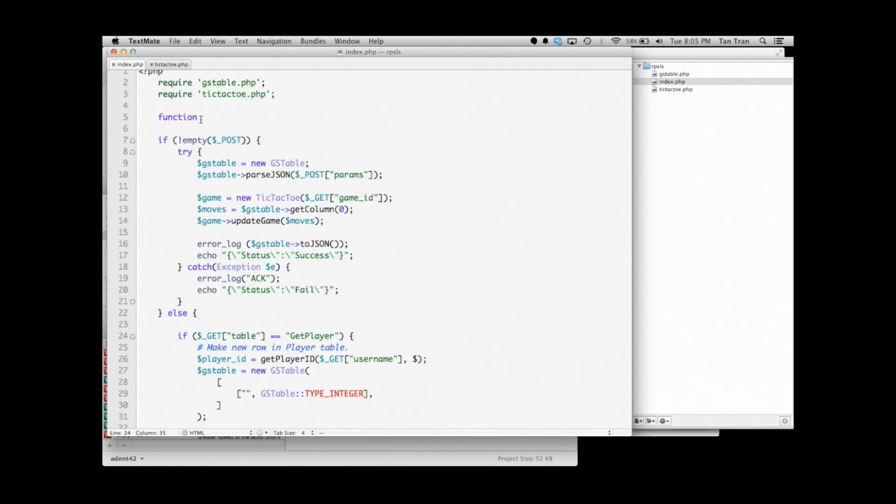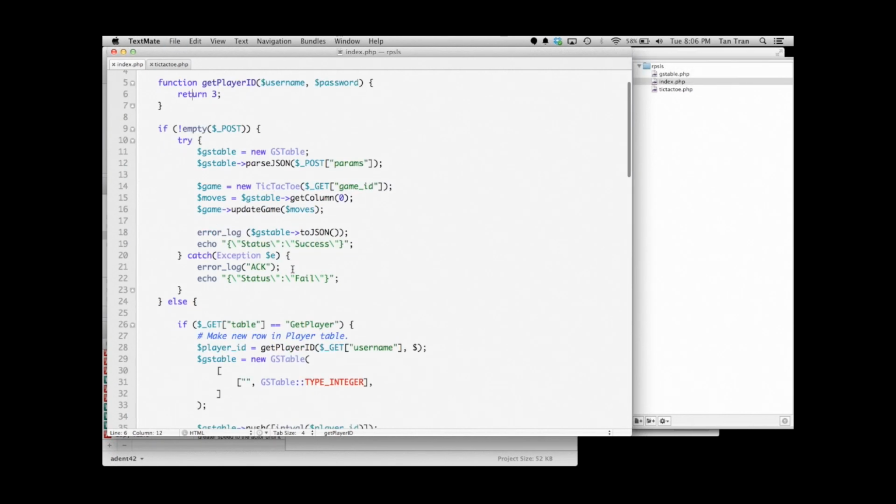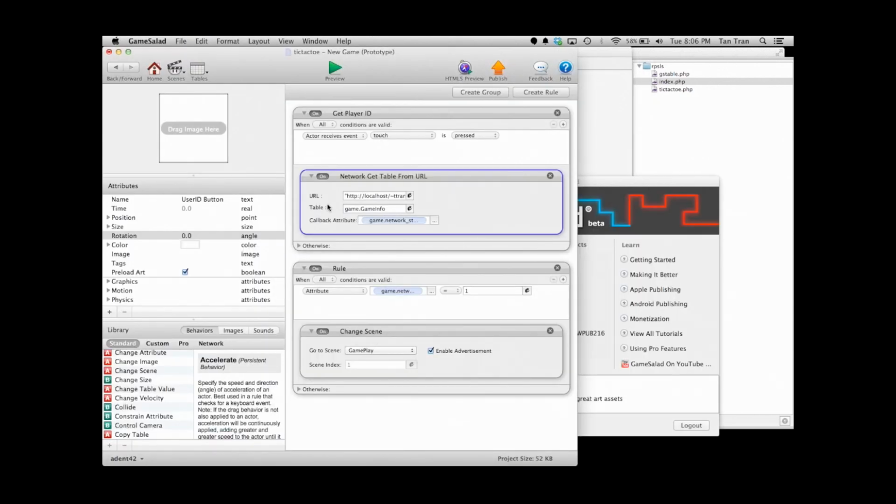When you're doing player creation, you have to think about things like security and making sure that you can't get duplicate players. We're going to fake the whole database part and just return a 3 here, so we can get this to work real quick. And so the idea is we want this to,